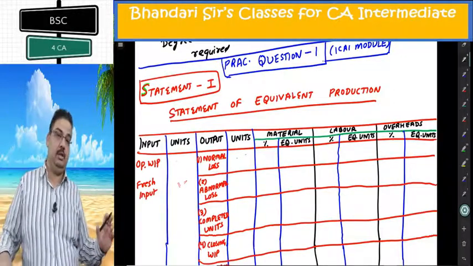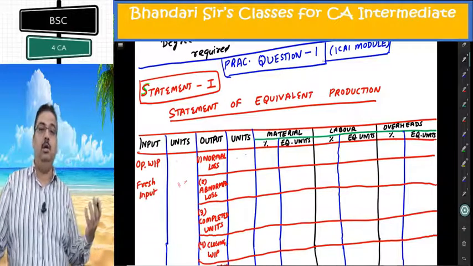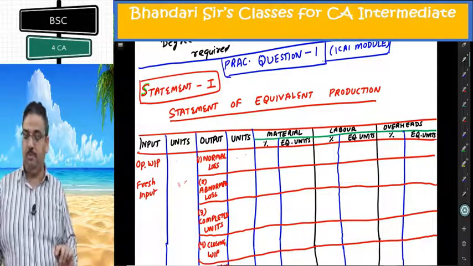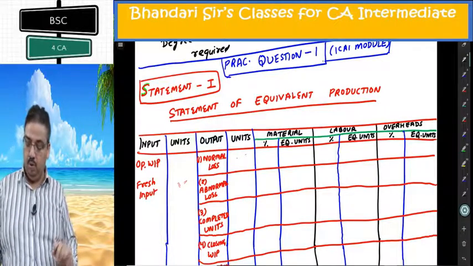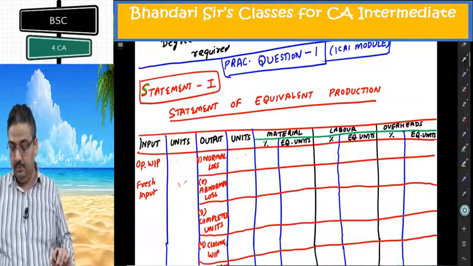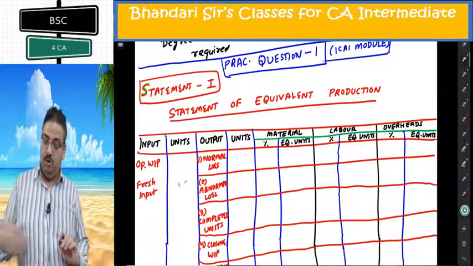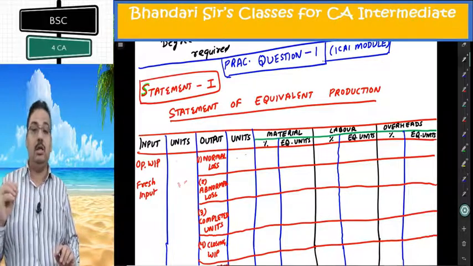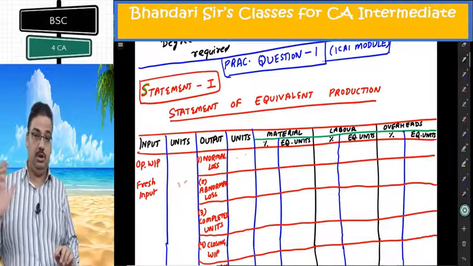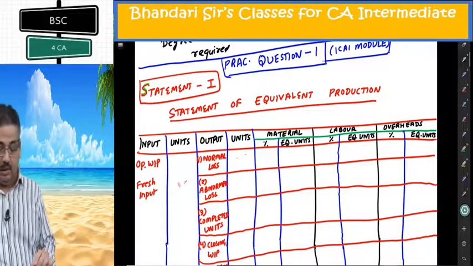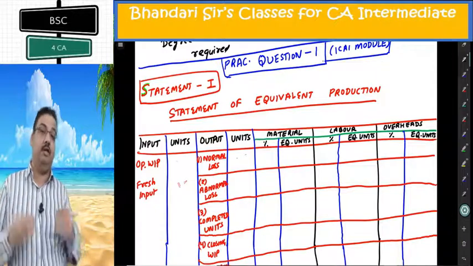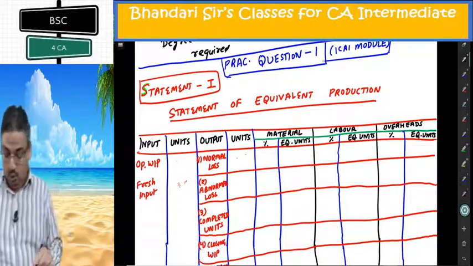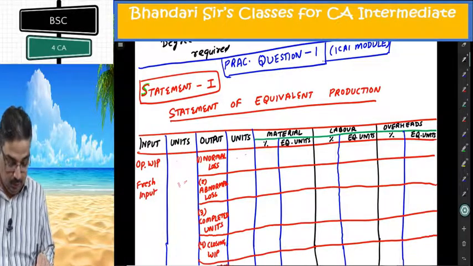There is a single process, so there will be 3 statements and 1 process account only. It tells me production record units in process on 1st Feb 2005 or whichever year is that. Now units in process means opening WIP. In first statement, don't bother about cost at all. Concentrate only on units. So opening WIP, units given there, you will make the same format, 10 columns, everything same. Whatever is not applicable, I'll rub it there. You will not write it at all. So opening WIP given there 4000 units.